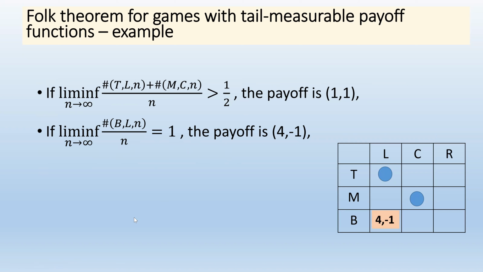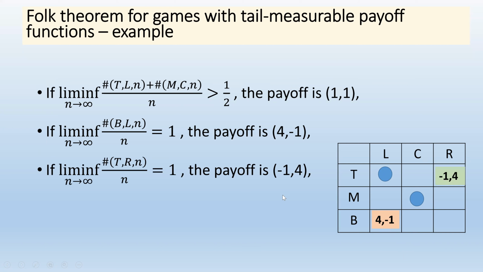Now I'm going to put it in the matrix, and I'm asking you not to be confused, because usually when we put payoffs in a matrix, we refer to per period payoffs, but that's not the case here. I just couldn't find a better graphical way to help you realize what's going on. So be aware, it's not per period. This is what you get if the limit of the frequency of playing this cell is 1. And similarly here, -1, 4, if the limit of the frequency of playing this is 1. For all other things, the payoff is 0, so 0, 0 everywhere else, or in cases that we don't reach these frequencies and play all over the place.